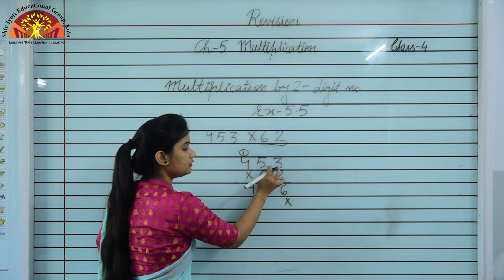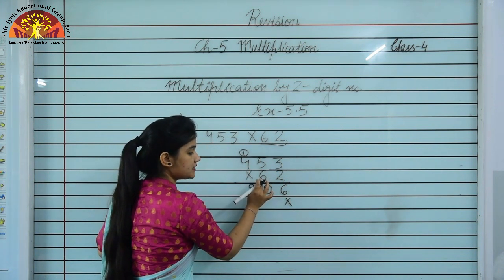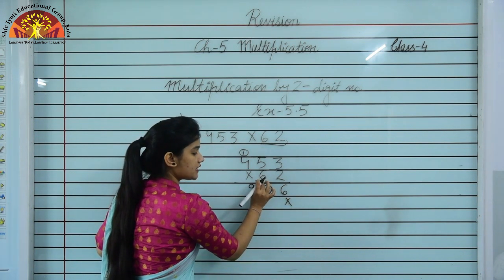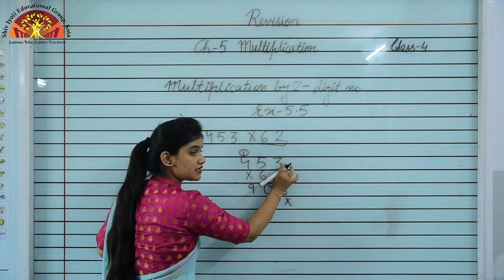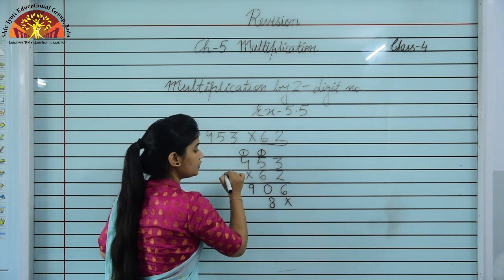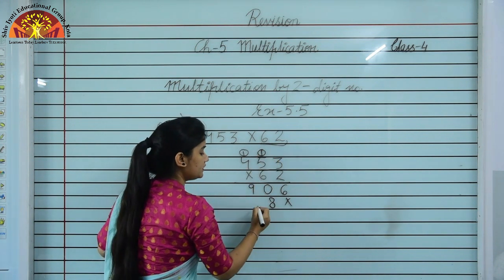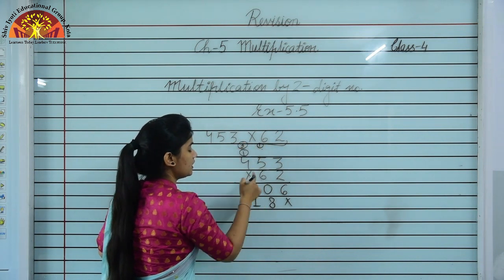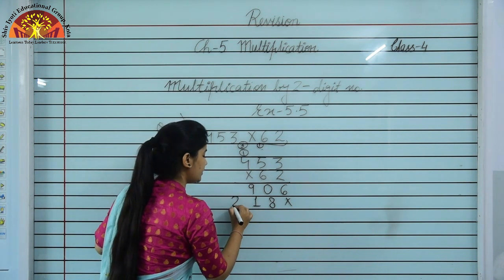First, what did we do with this 2 and these 3 digits? We multiplied. Now we'll observe this next digit, that is 6, and here you will put a cross sign, and now you will start multiplying this number by ones, then tens, then hundreds. So 6 3s are 18, 8 will come here only, okay, and 1 carry over. Now 6 5s are 30 and 30 plus 1 will be 31, so 1 will come here and 3 carry over, and 6 4s are 24, 24 plus 3 will be 27.